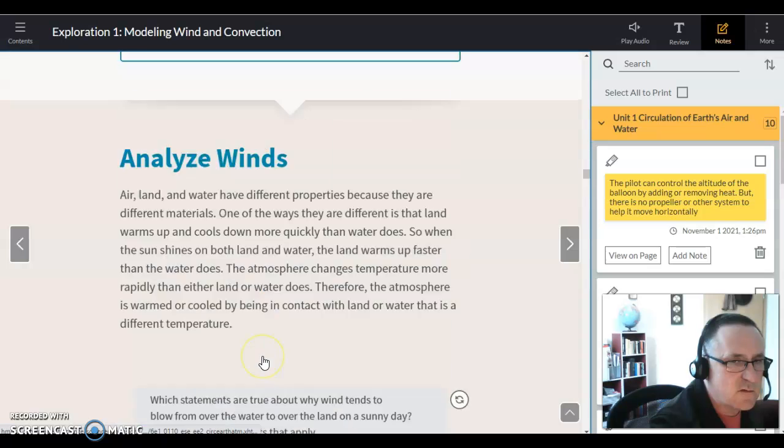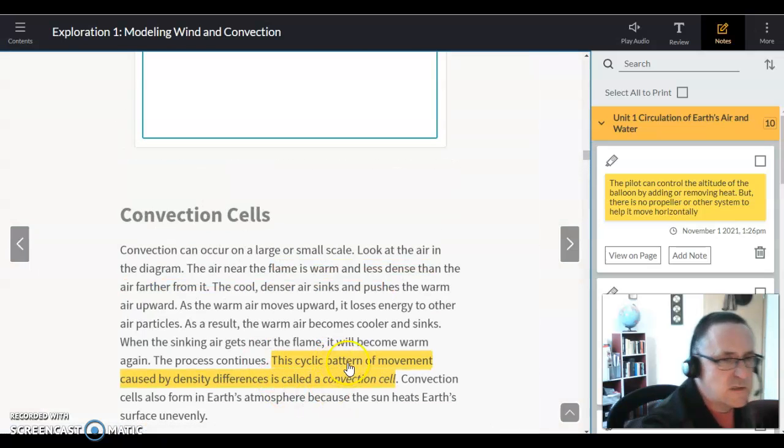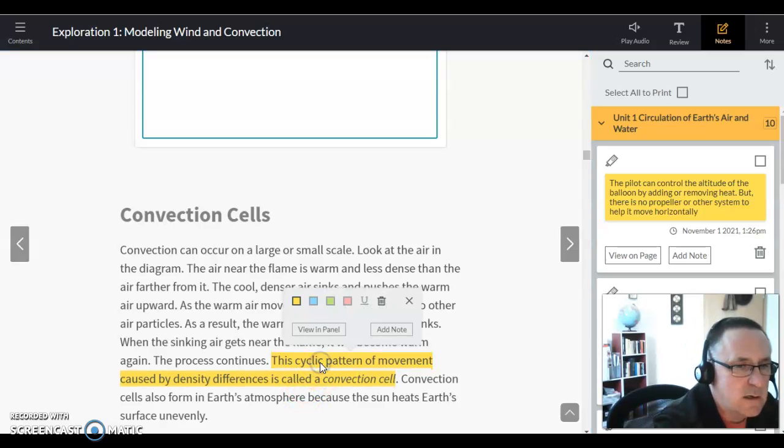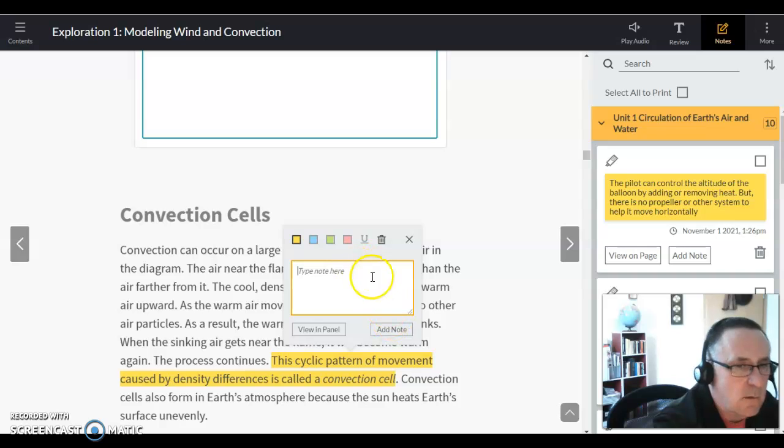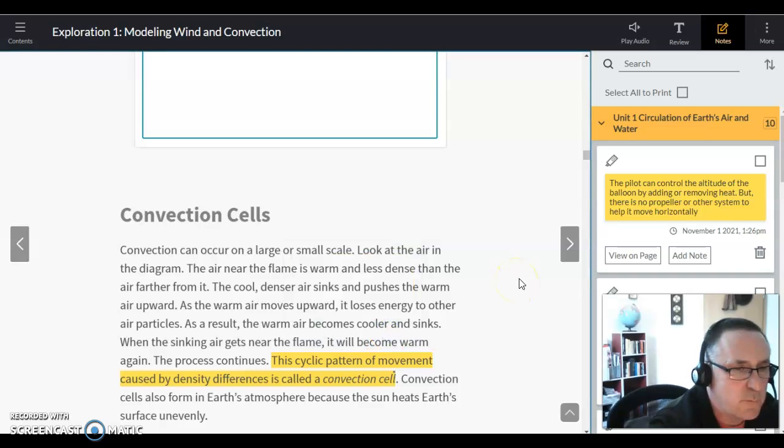Read this, answer the questions, but I'm going to want you to go back and remember, for each thing you highlighted, you need to make a note. Let me just show you how to do that one more time. So if I click on this and I add a note, and I'm going to write cyclic pattern, let's see, caused by density, and then I'll just say is convection cell. Okay, so I know I went really fast, but you could back that video up